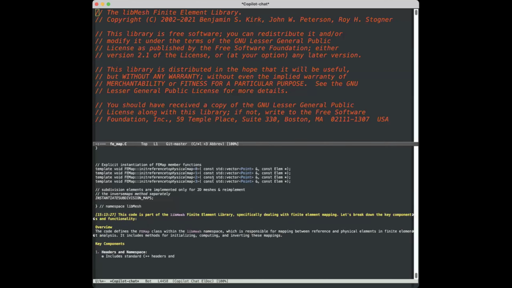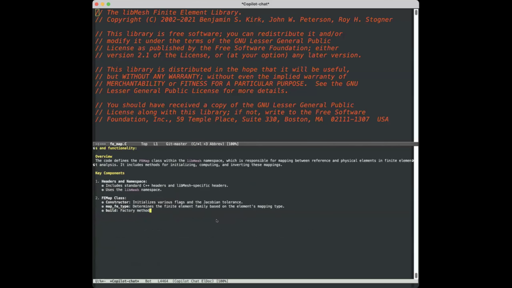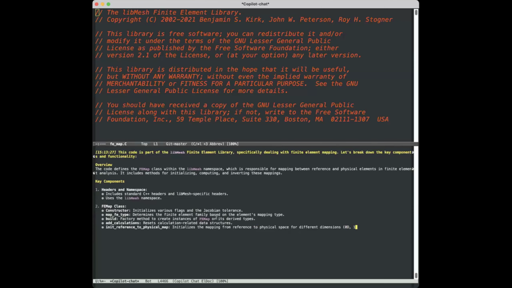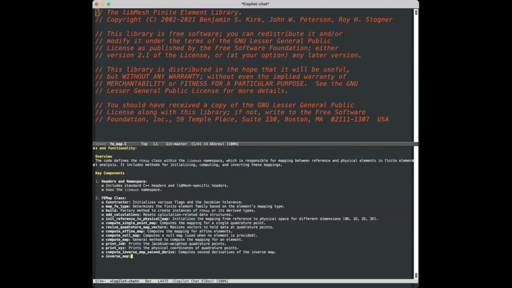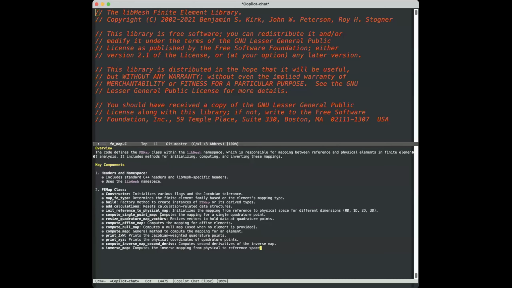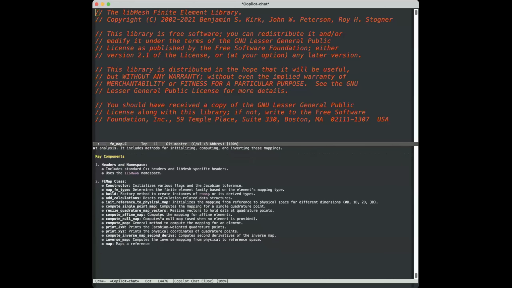So first, you see this now puts me in a different window. It asked Copilot to review that function and gave me a little timestamp. It's part of the libmesh finite element library. Yep, I knew that. It does describe every function in here, whether they're documented or not in the source code, internal ones as well. And what I'm expecting is that as this gets to the end, it might actually give us some demo code for how to use it and provide